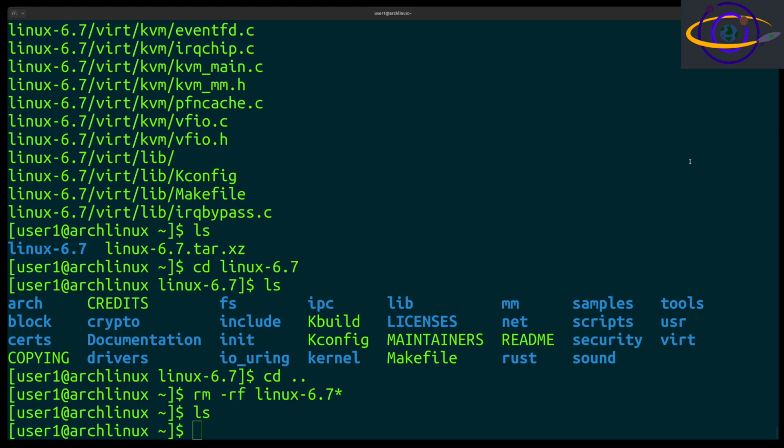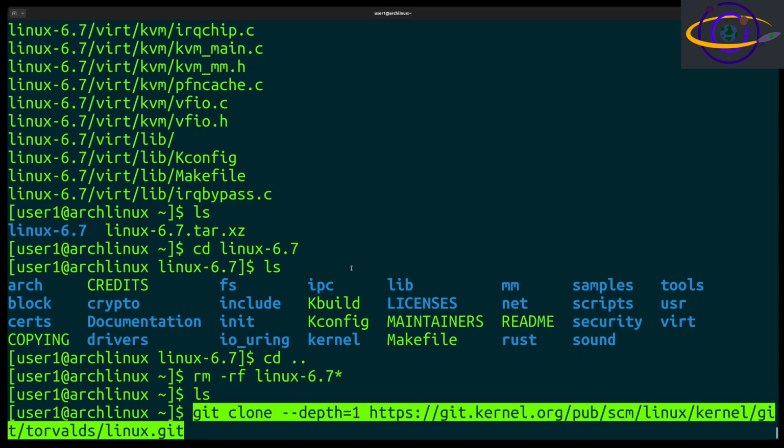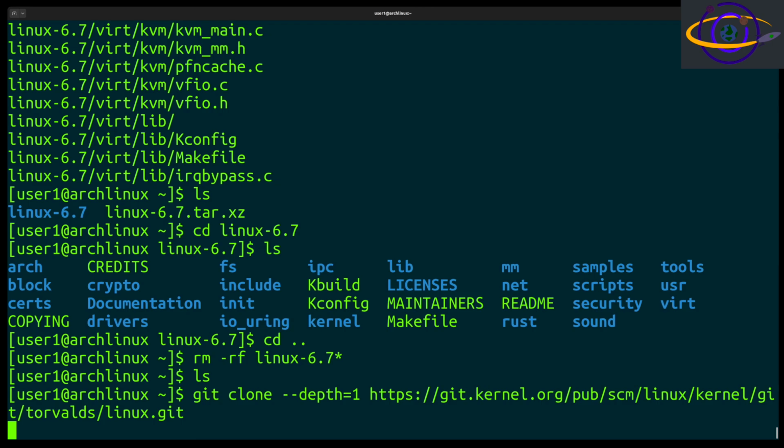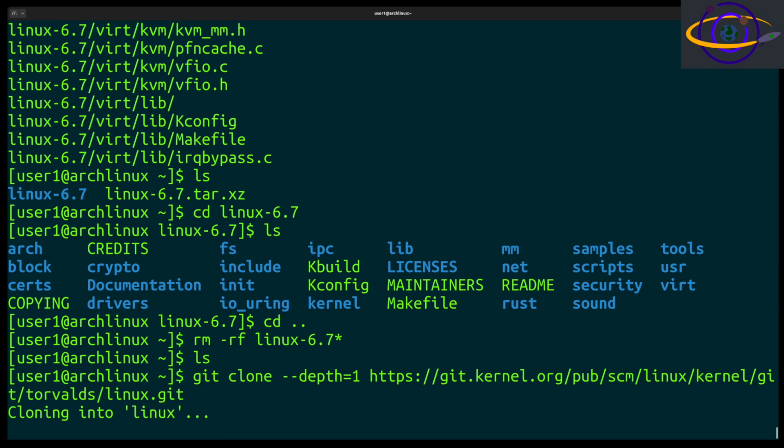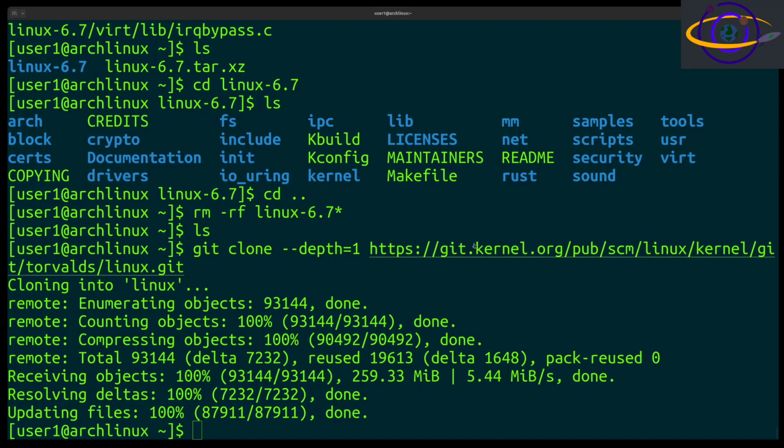But what we really want to show you is how to pull down the latest and greatest from GitHub. So we are going to paste this in here, and see right here, this refers to the GitHub repo for the latest version of the Linux kernel. Let's pull that down. Let's just clone that. All right, so now that we've got that cloned,